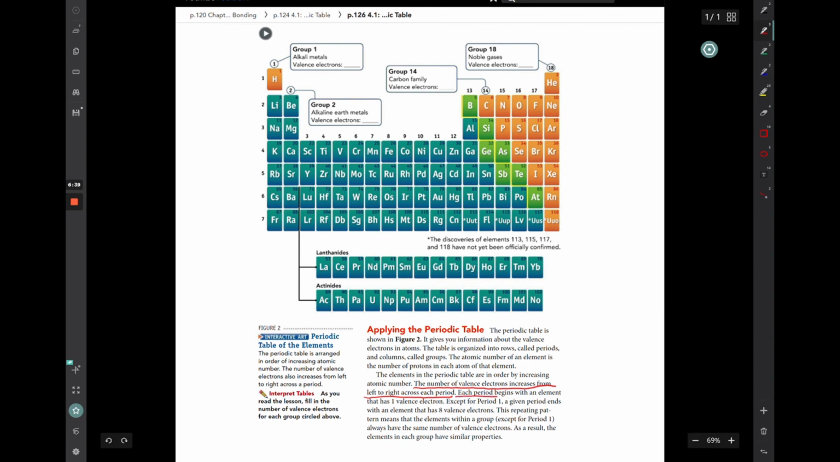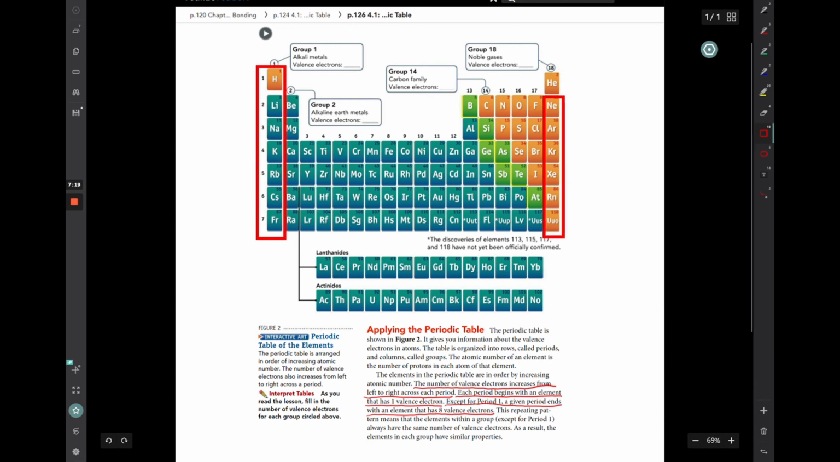Each period, remember that's a row, begins with an element that has 1 valence electron. So all of these would have 1 valence electron. And then except for period 1, a given period ends with an element that has 8 valence electrons. So that means that all of these, because it says except for period 1, would have 8